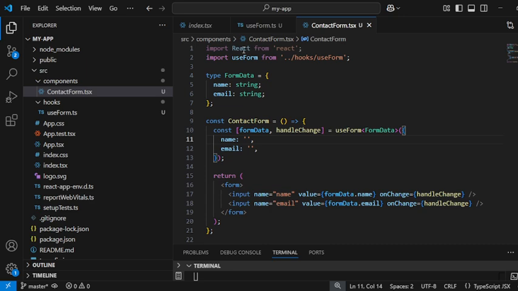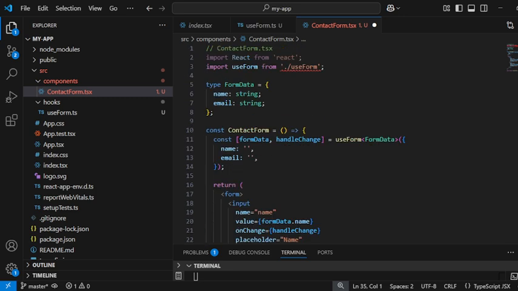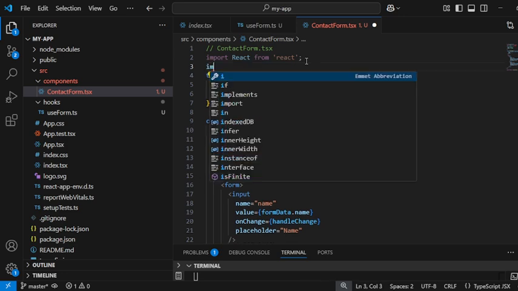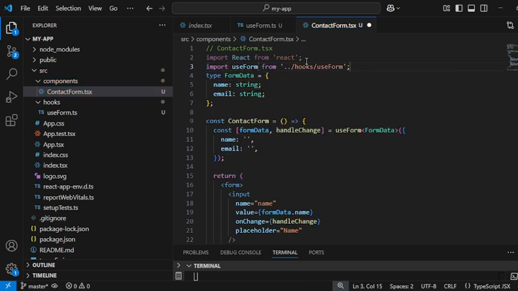That's the first thing always. Then I will import useForm. Here you can see this is the updated one that I have used, and it's showing an error because it's not getting the path. Let me add again, import useForm from here.